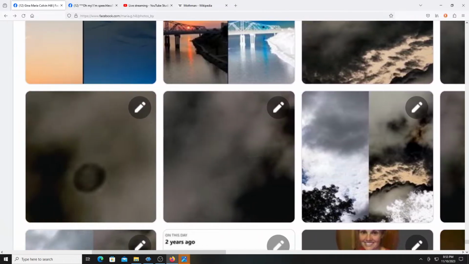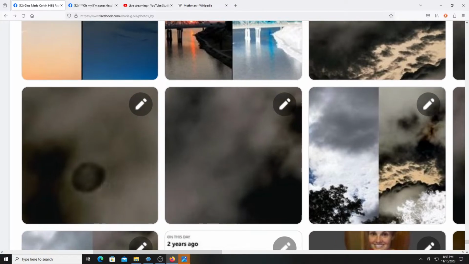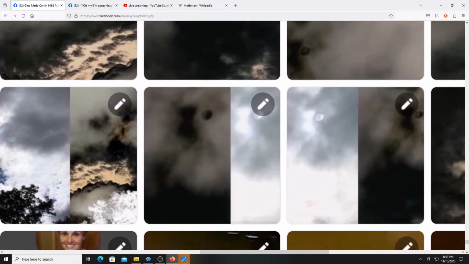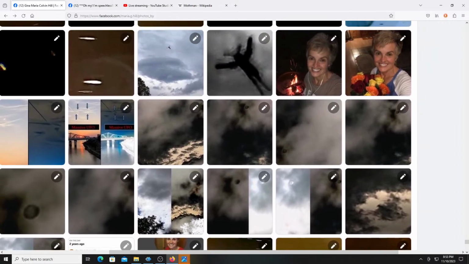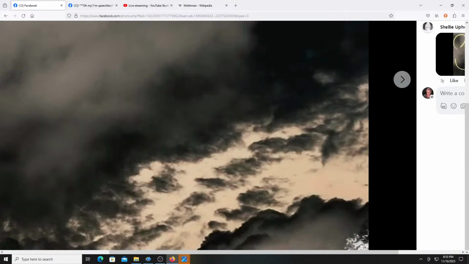That hole. Let me tell you what the hole was. The hole was the moon, or the sun, that was seen right here during this post, because this was what I was filming in the sky. You all, we got to go to that post right there. I want to go to that very post because this was really wild.